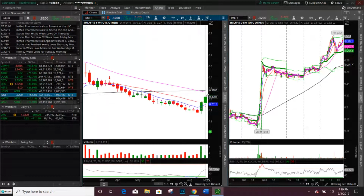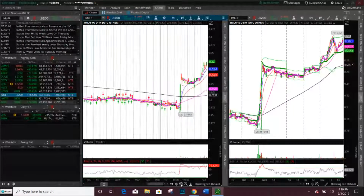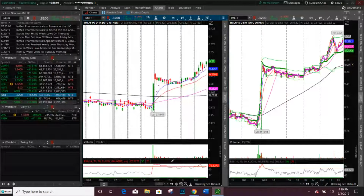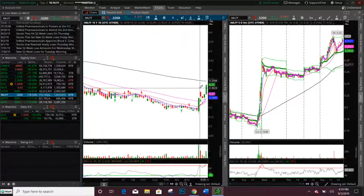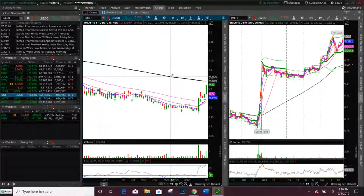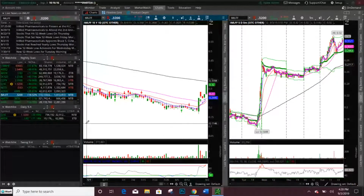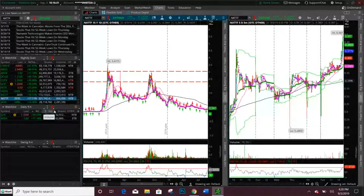So that would actually make me personally, because I like trading with indicators a little bit, oh, and I'm looking at the weekly, and that could be why. Makes me a little nervous to trade that, knowing that that's there. You can see a bull flag and it broke out, but it's going to run into resistance at this 200 and it's only like 2 cents away. So I'm not going to put that on because I like giving you guys stocks that have room to go. So we got